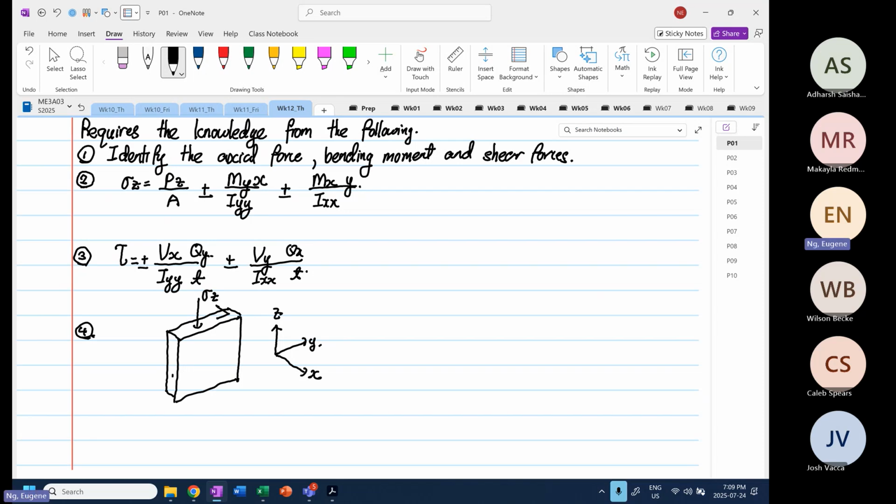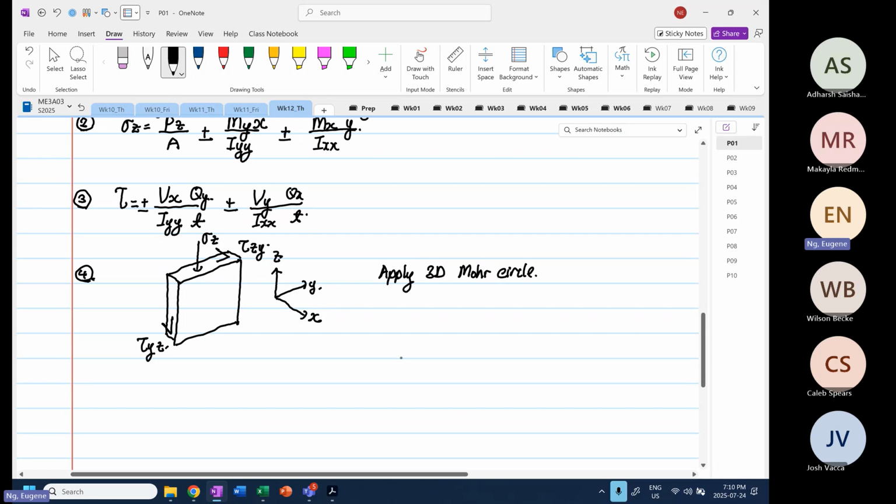And we also have shearing stress. So shearing stress, the plane intersecting the Z, going up the Y, okay? And then we have the intersecting plane Y, the direction is in our Z. So from here, after we get to here, the next thing we have to do is we are going to apply 3D Mohr's circle. Okay. So with 3D Mohr's circle,